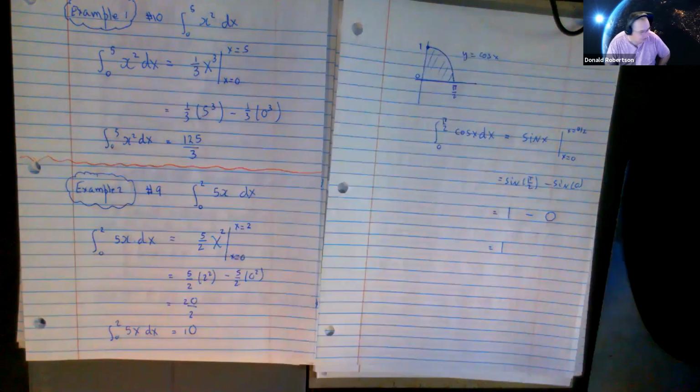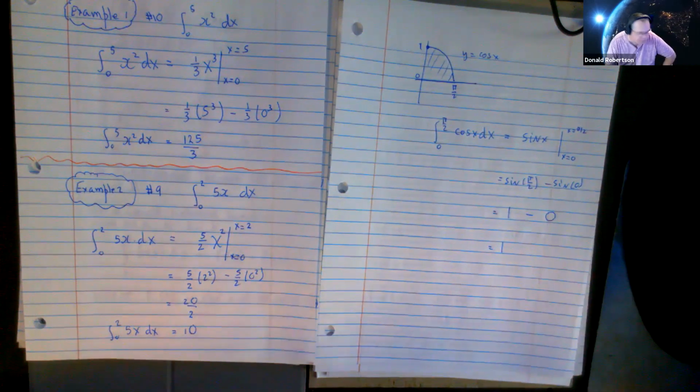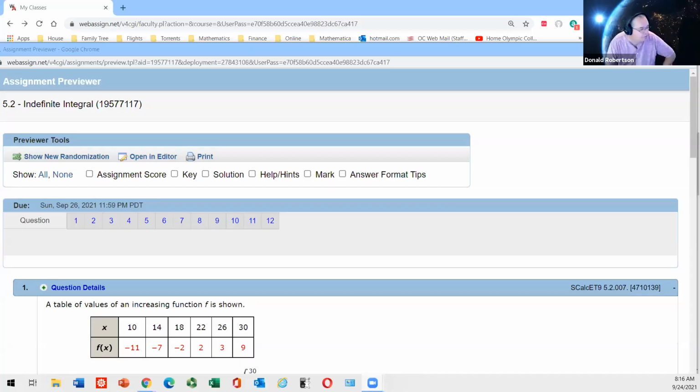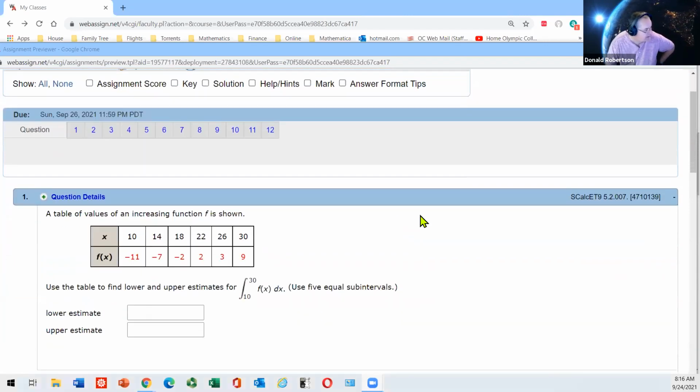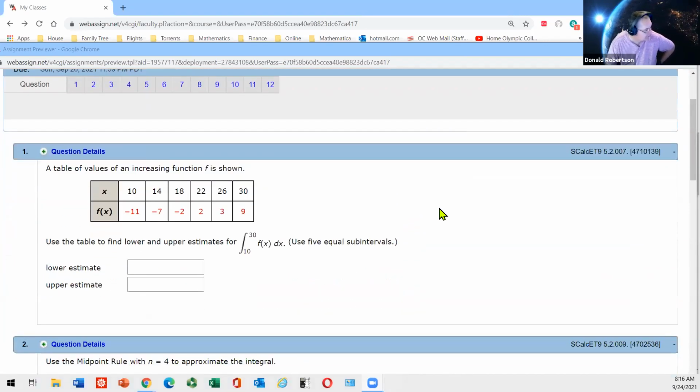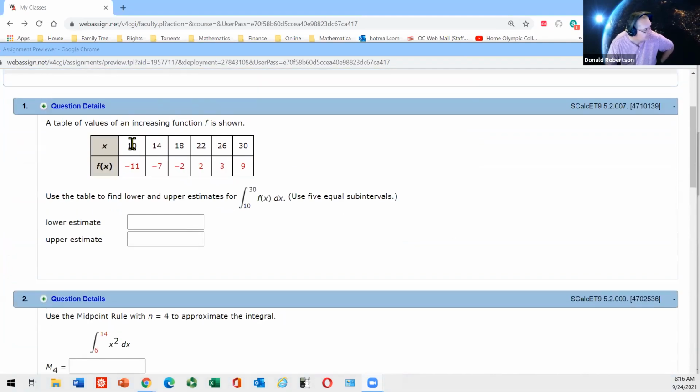So what else is left? Well, section 5.2 homework kind of does a little bit of this and a little bit of that. So I guess the way to show you what's going on is to just show you some of the questions in the homework and what you're expected to do. Okay, I hope you're looking at 5.2 indefinite integral. Now, I know you don't want to do these, but you're going to do them a few more times. Here is a table of values, and you are going to do 5